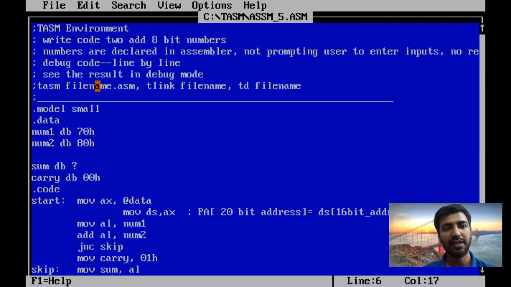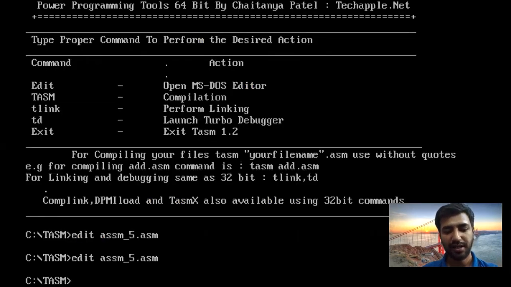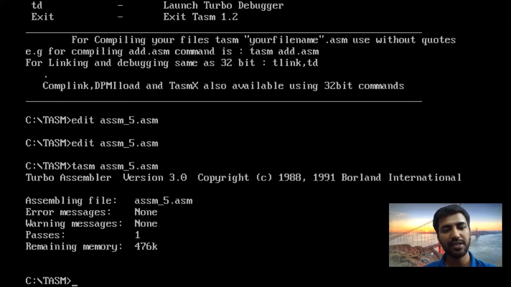I will run that ASM file, tasm 5.asm, and we'll see if there is an error or not. There is no error and no warning message.